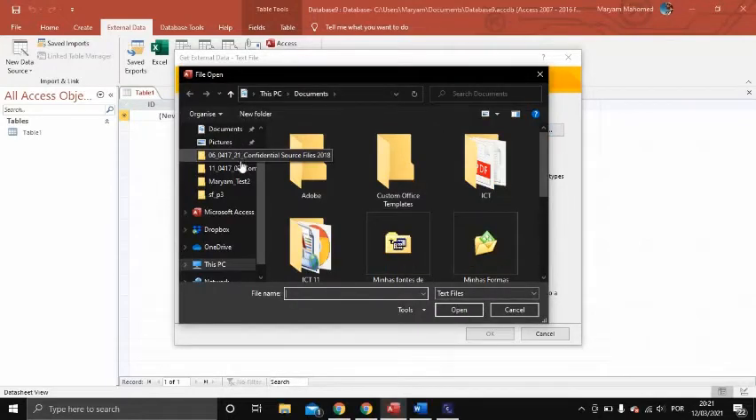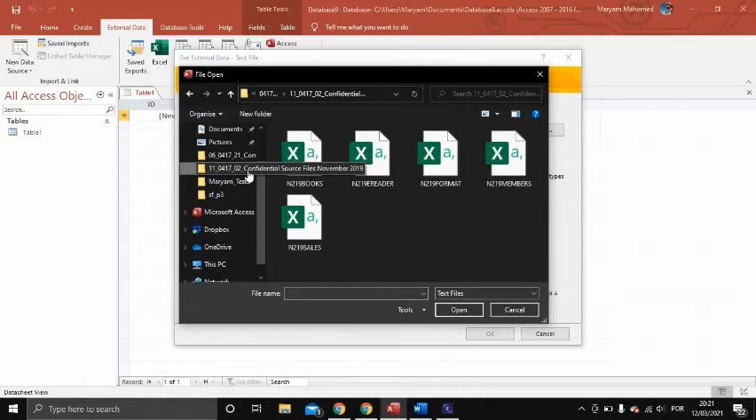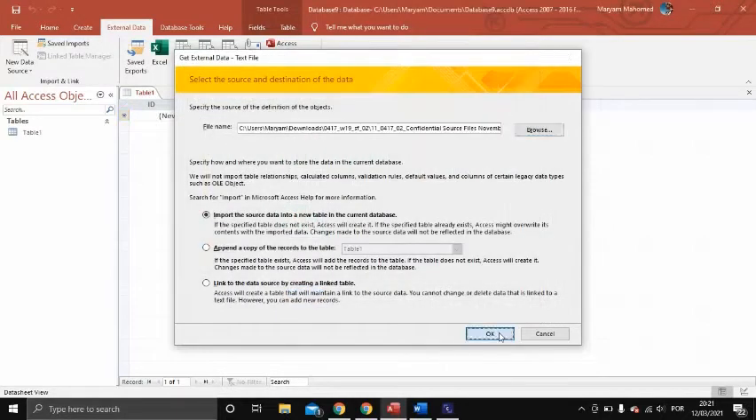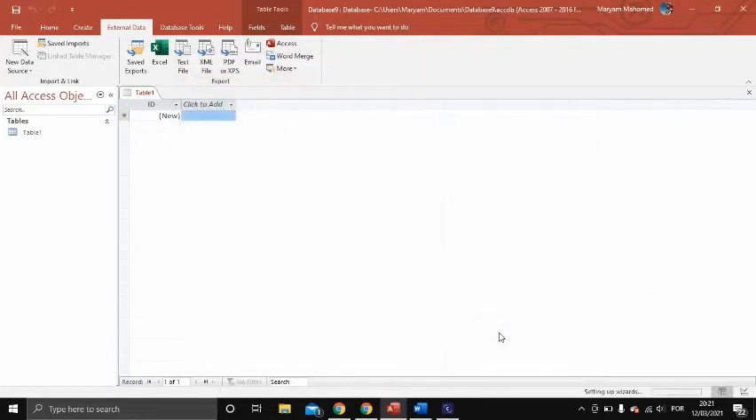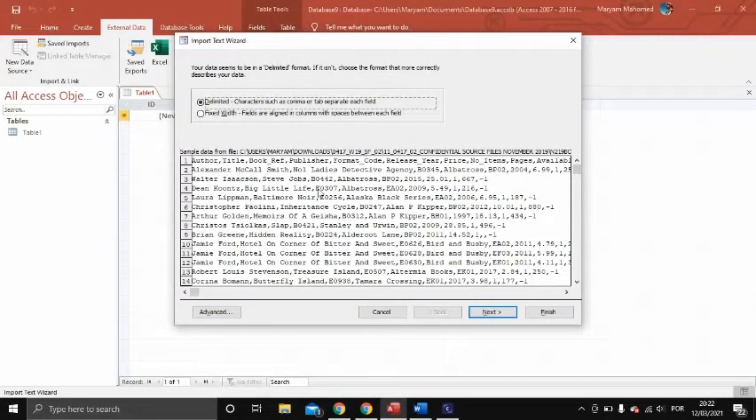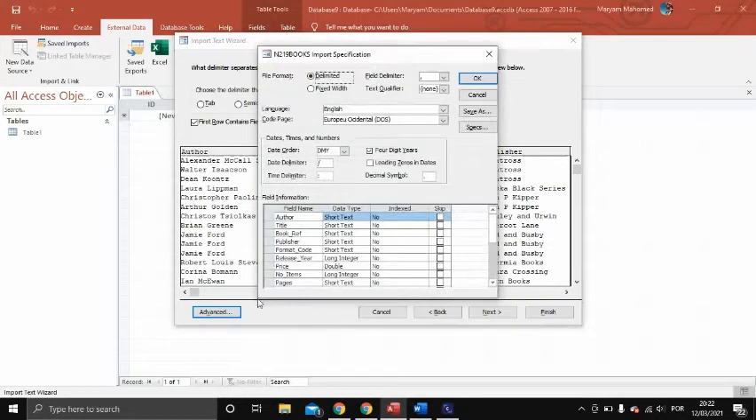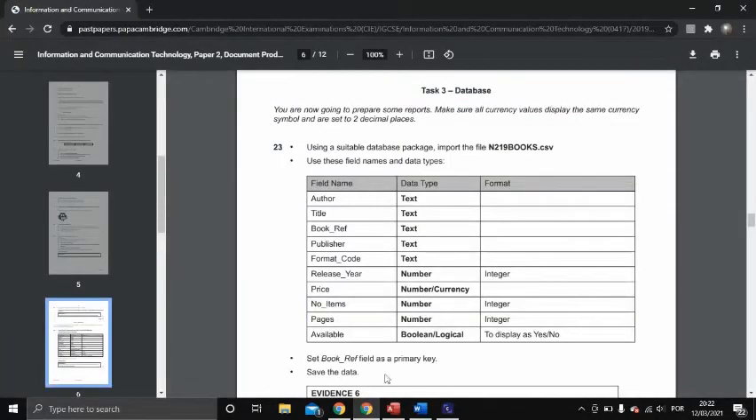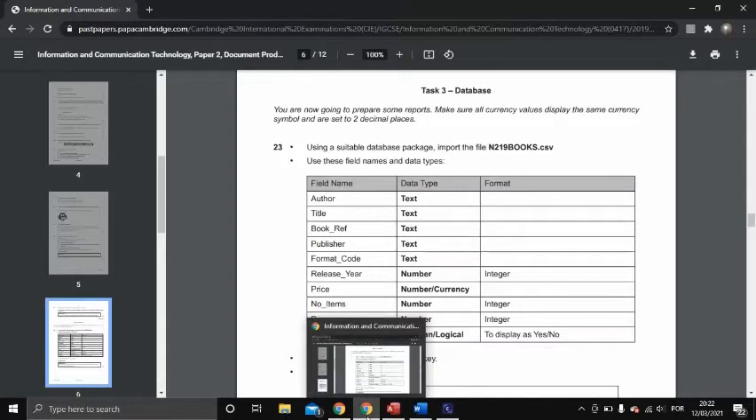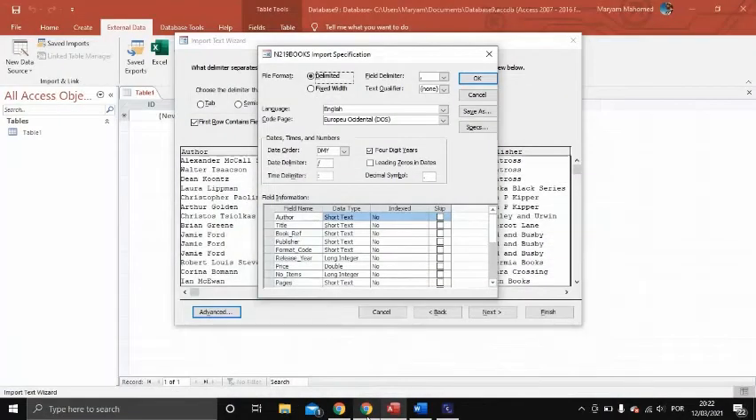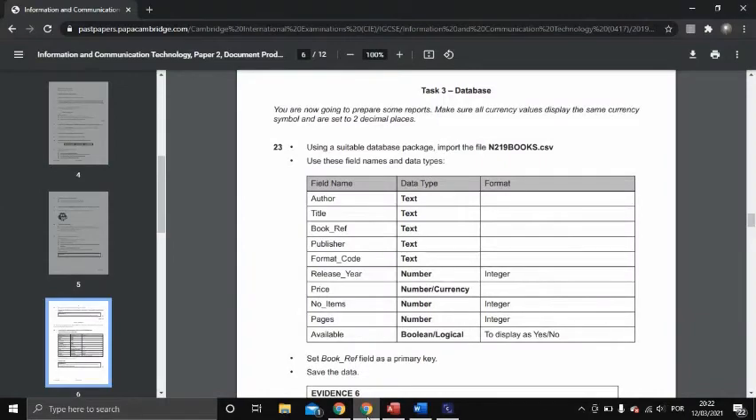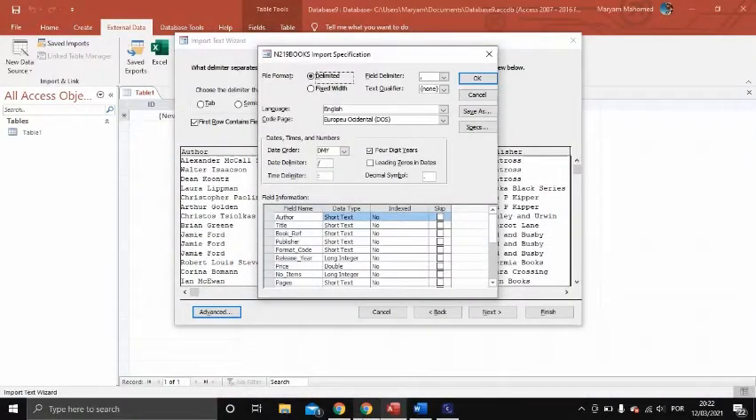I'm going to my confidential source from 2019, books, open. It appears this large box as it always does. You click on next, then first row contains field names, advanced. So in this part here, you have to change: from author until format code is text, so we confirm, then release year is number, then price is currency,